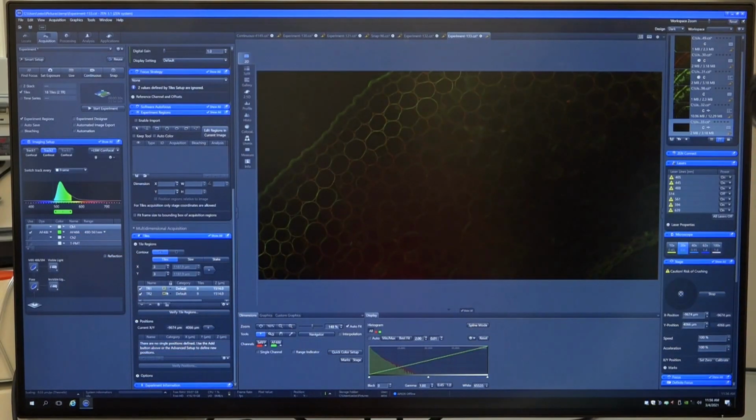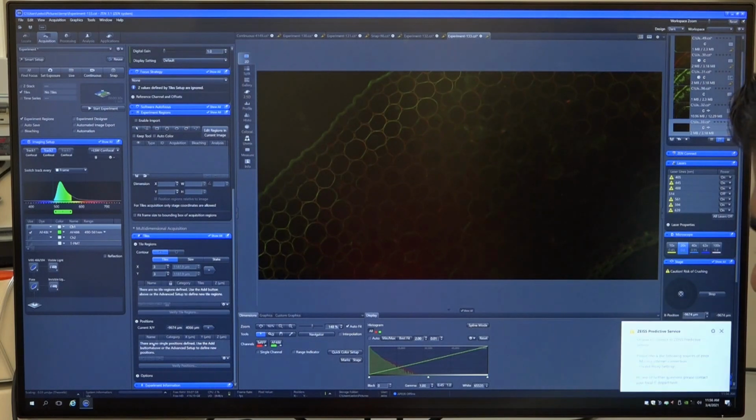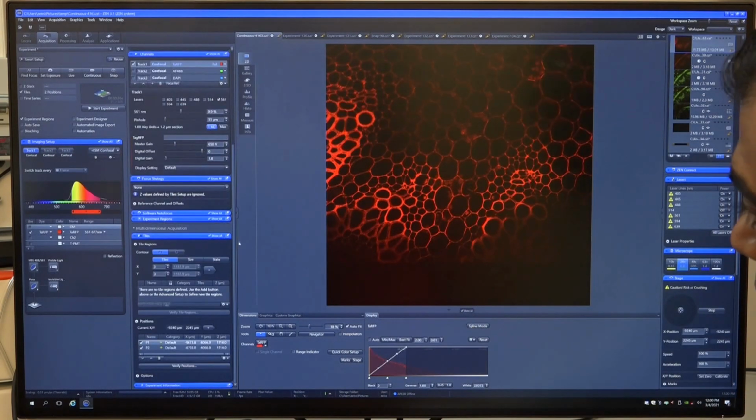But there is another one, where I'll delete this, where you want to mark one position and go to altogether different position. So I register these 2 points.